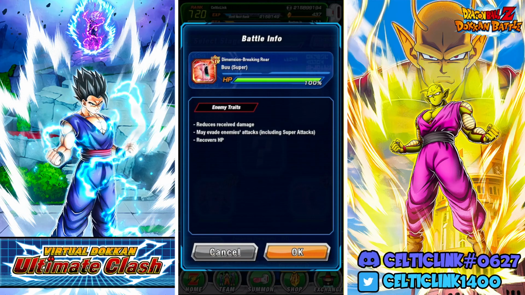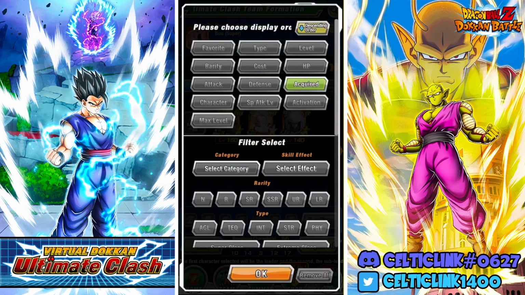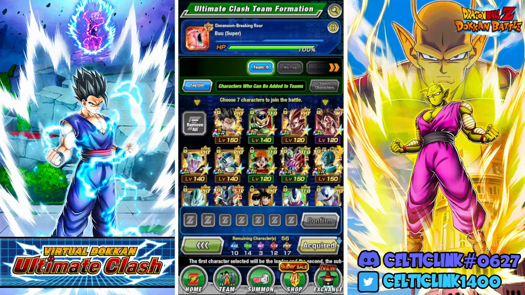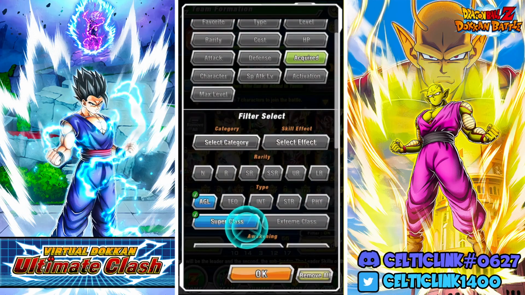Alright, so now we have Super Boo. I am curious about this one. We are STR. Actually, let's go back. Let's check what he can do real quick. Reduces damage received again, evasion, and recovers HP. Alright. Well, let's see how this goes, because I think for my AGL team, Super...